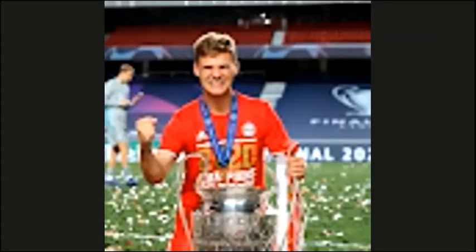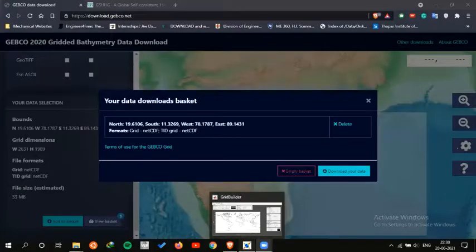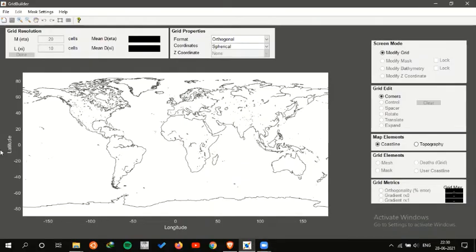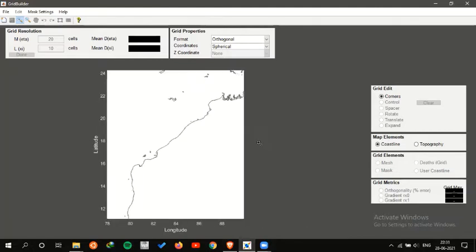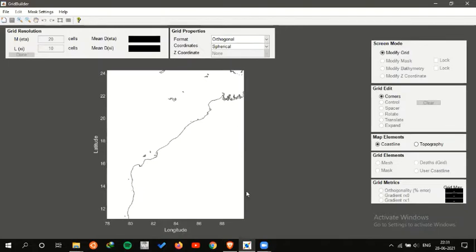First we open MATLAB and then open the Grid Builder toolbox from it. I have already opened it, so I should be directly opening it. As you can see, here is the Grid Builder setup, and it's open on MATLAB 2014b. To generate the grid, first zoom into the region where you want to generate it. Click on the plus magnification icon, left click and drag to select the region in which you want to zoom in. So I've zoomed in to this region.